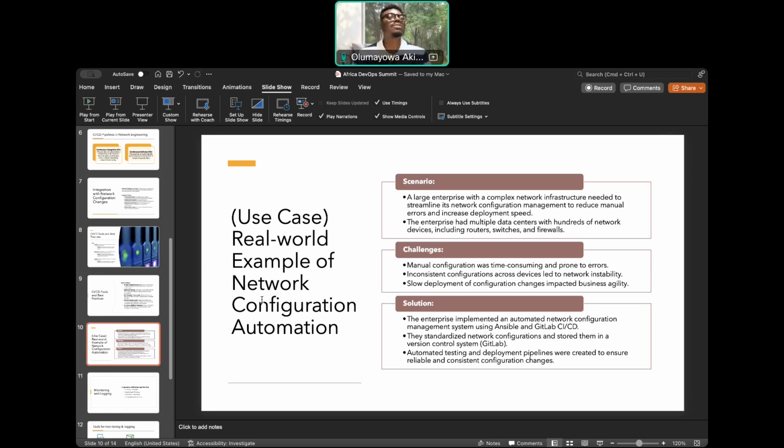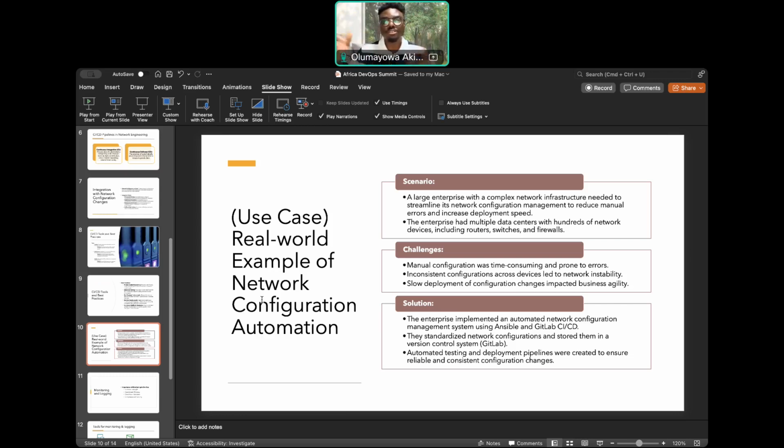Let's say they have about 1,000 routers across several countries, and maybe about 5,000 switches and several devices across several geographical zones, and they're trying to configure these devices within the next 1 hour.